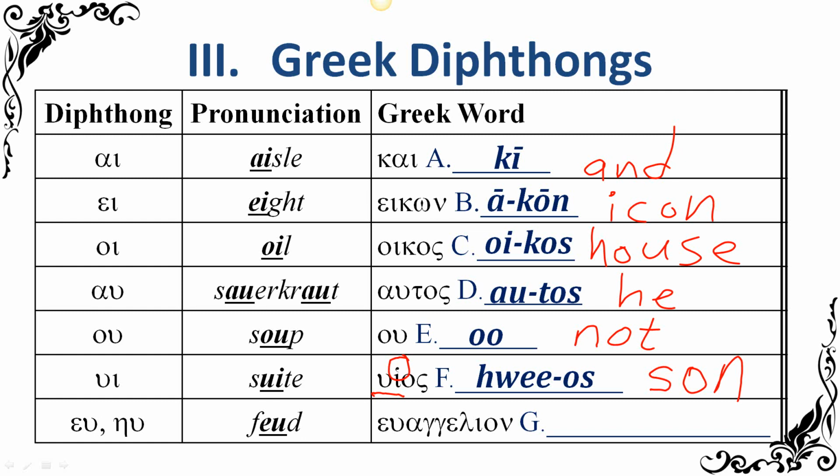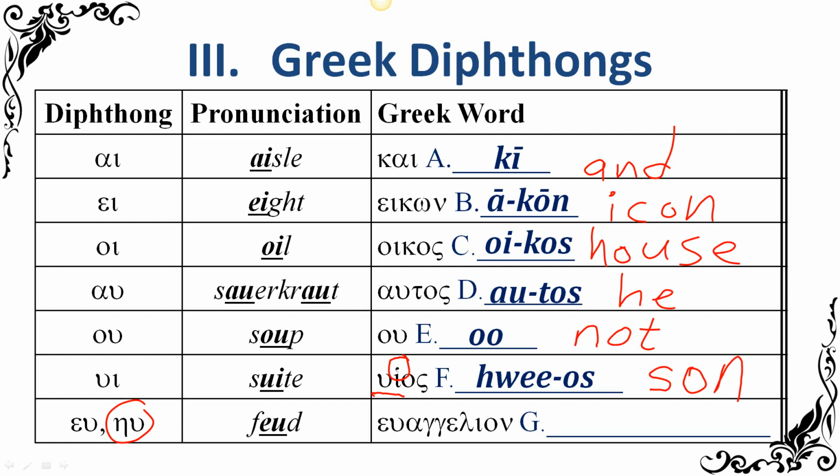And this next one, I can always remember the first combination, but the second combination I always forget for some reason. So it can either be epsilon, upsilon, or it can be eta, upsilon. I always forget the eta, upsilon because it almost never shows up in the Greek. It's a very, very rare diphthong. When I come to a Greek word that has it in it, I'll almost always try to pronounce them as separate vowels, which doesn't work. You're not supposed to do that, but I wind up doing it because I forget, hey, that's a diphthong.